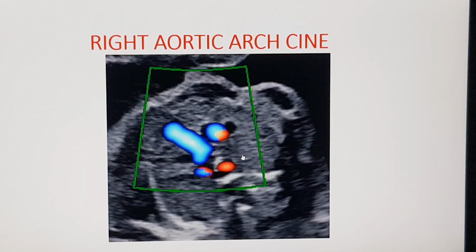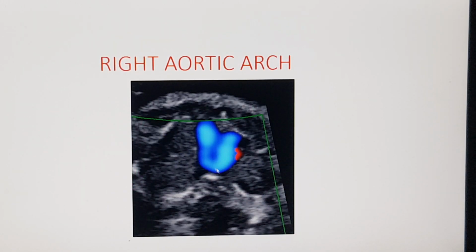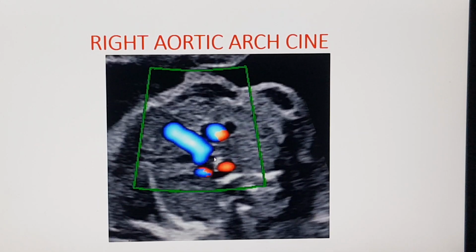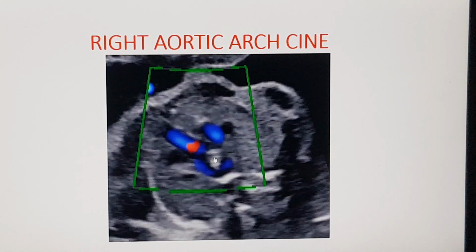So here we have the U confluence as I showed to you. Now the ductal arch remains on the left side, the aortic arch instead of going to the left remains on the right side, and both of them meet in a prevertebral prespinal location and posterior to the trachea. So that's the cine of the right aortic arch.